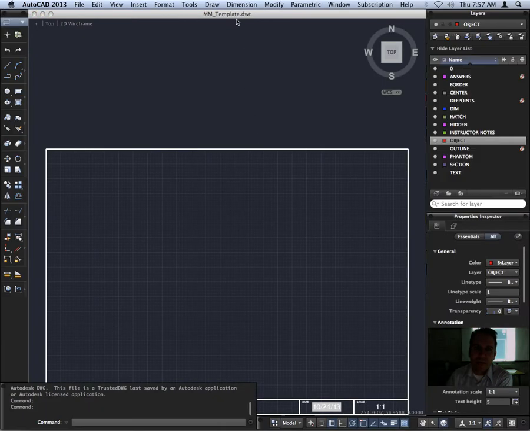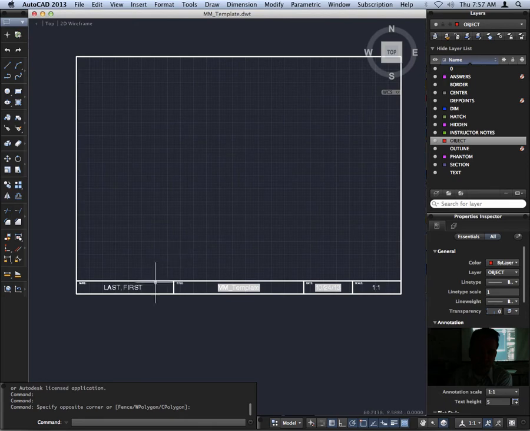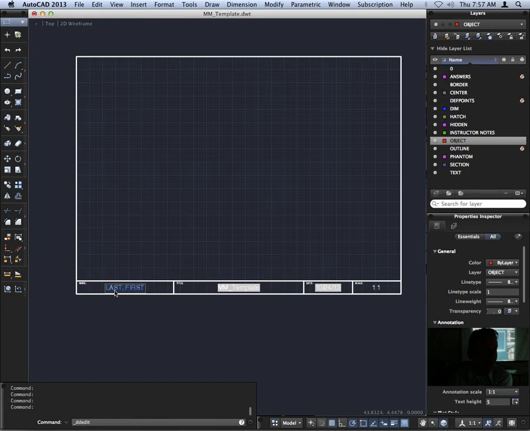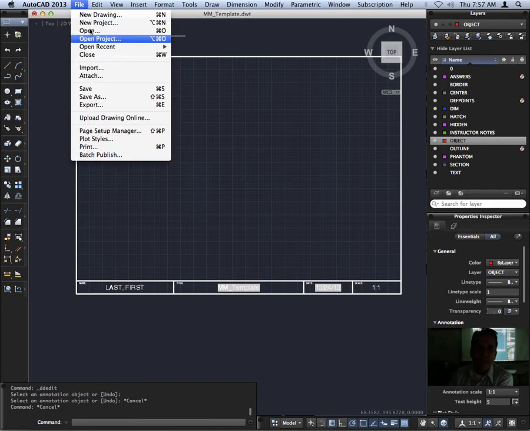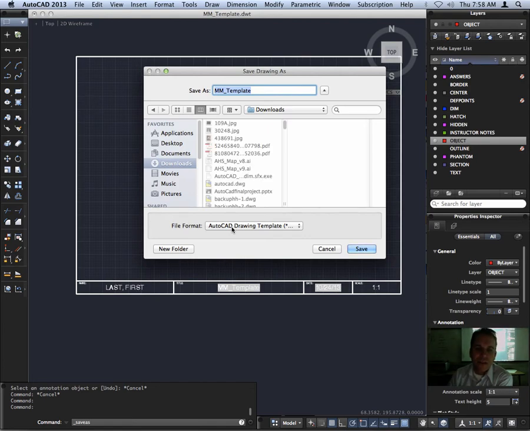Once we open it, we see here that it has our millimeter template, and it's a DWT file, so that's letting us know it's a template file. And then the one change I want you to make is just to put your name here, edit the dtext here, so just double click and then put your last name, comma, first name. And then it's important to go to File, Save As, and you want to make sure your file format is